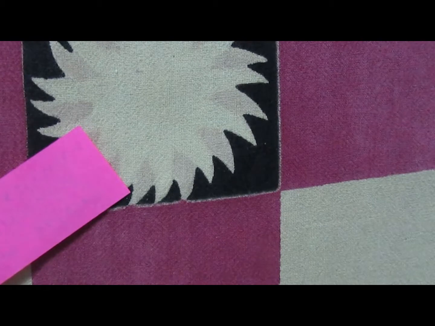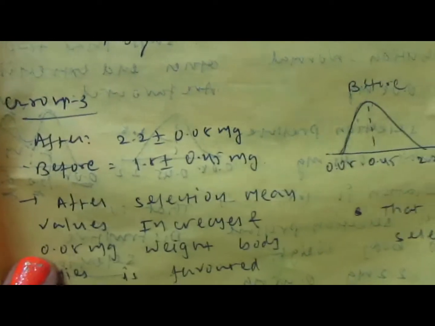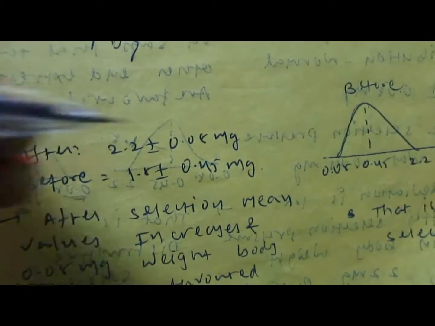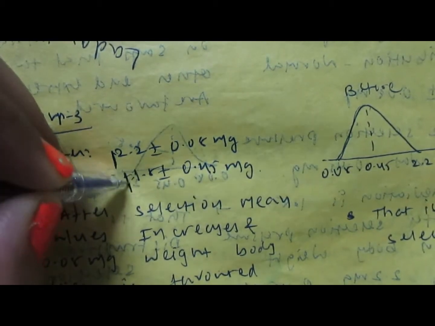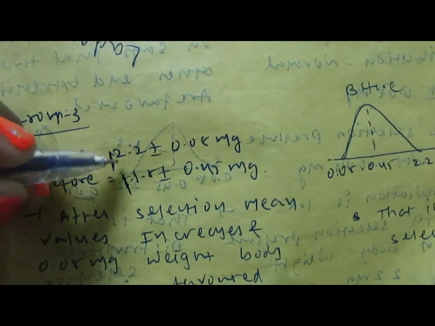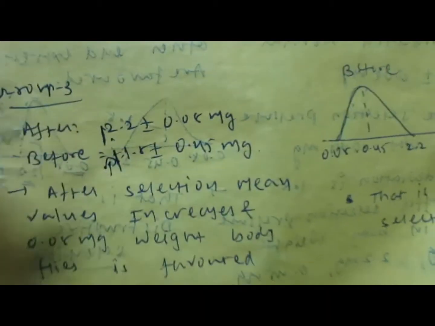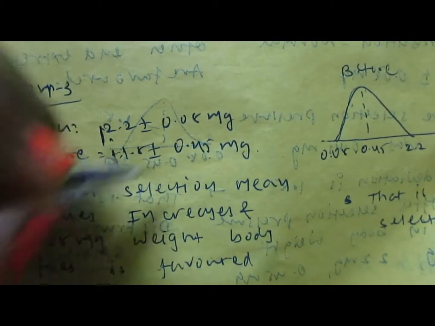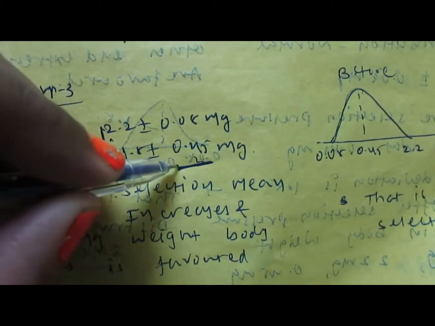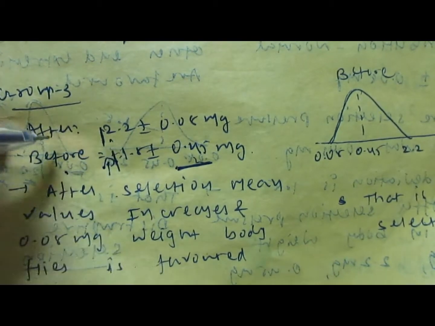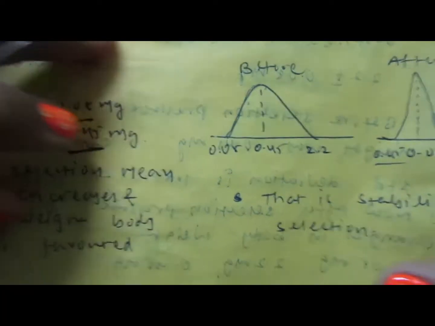Okay, and now whereas in group C, after selection pressure mean value is 2.2, and before selection pressure mean value is 1.8. So mean value is increasing after natural selection, and distribution is again normal, but 0.45 milligram body weight is favored before selection pressure, whereas after selection pressure 0.08 milligram body weight is favored. So if we plot a graph, it will